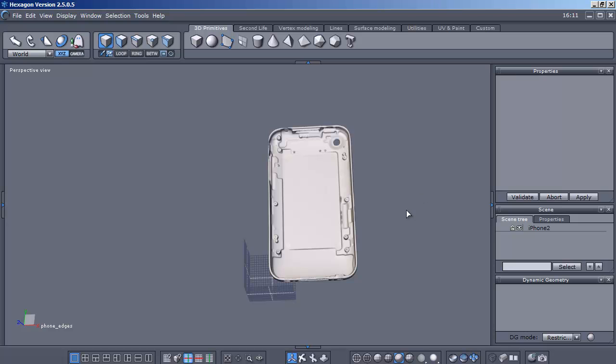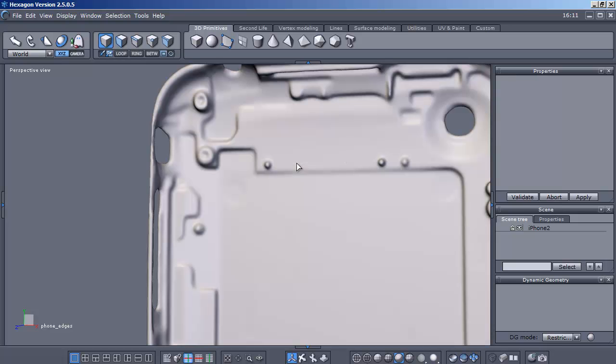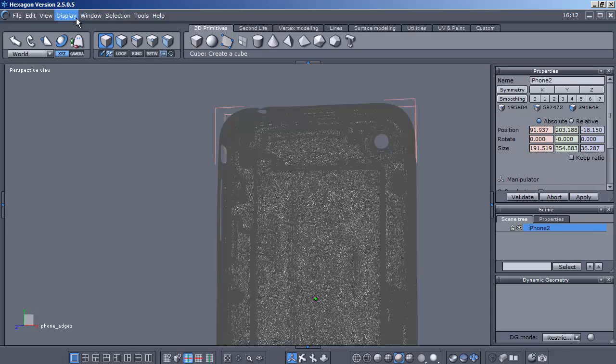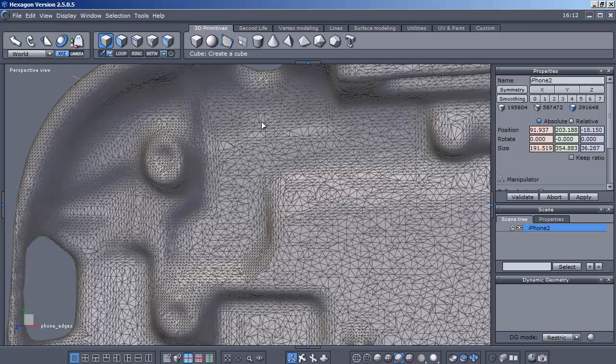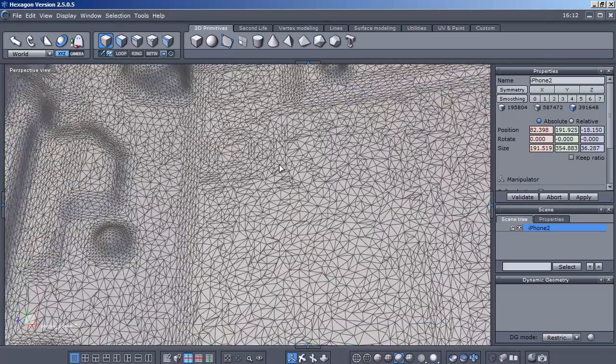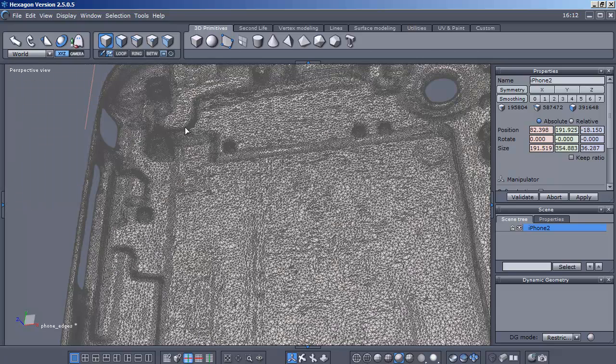Here's your phone brought into a poly app so I can show you a little better about what we're talking about. So it looks kind of like your phone. Actually, what I did was I reduced the poly count on this one by 75%. So let's turn on the lines for it, and then we can zoom in a little bit and notice the polygons. These are all the little triangles, and this is reduced